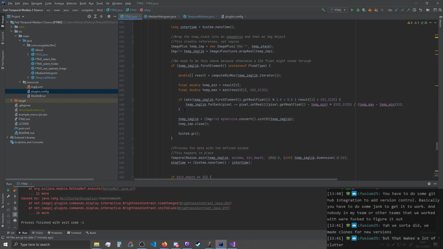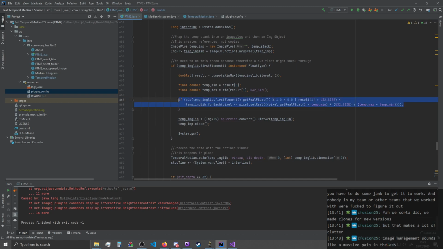Oh yeah, and this is the conversion one. I hate this so much. This line is my bane here. Image management sounds like a massive pain. It is. It really is. It's because